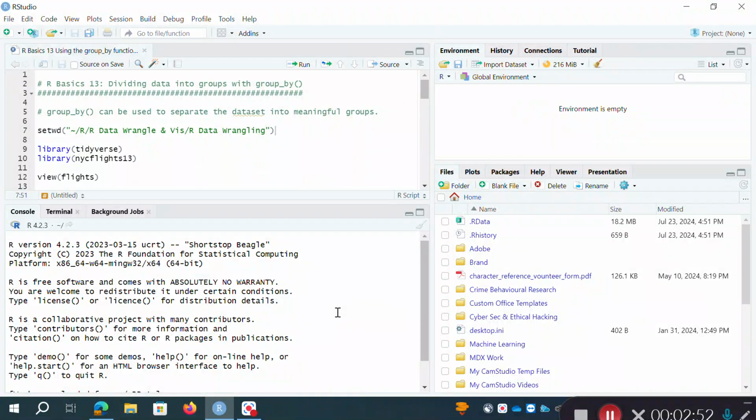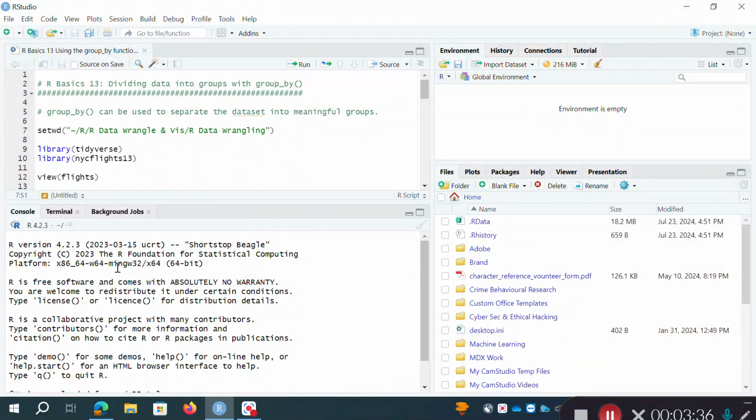But there's another way to do that just using syntax, and that's the function you'd use, setwd, and then in parentheses you pass the relative path as a string within quotes. So you can see that's what I've done here on line 70. I've got setwd, and then in parentheses I've got double quotes, and I've copied the path to the folder that I want to go to. It's this R data wrangling folder, which is where the data sets and different things that I want to use are. So if I run that,